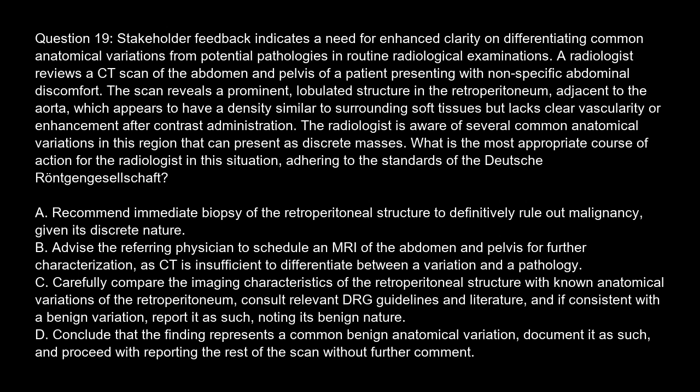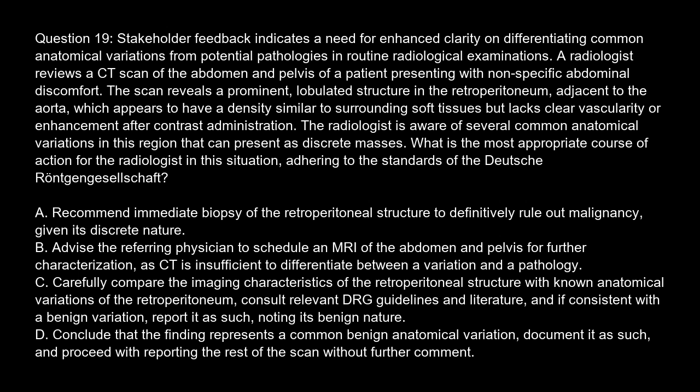The scan reveals a prominent, lobulated structure in the retroperitoneum, adjacent to the aorta, which appears to have a density similar to surrounding soft tissues, but lacks clear vascularity or enhancement after contrast administration. The radiologist is aware of several common anatomical variations in this region that can present as discrete masses. What is the most appropriate course of action for the radiologist in this situation, adhering to the standards of the